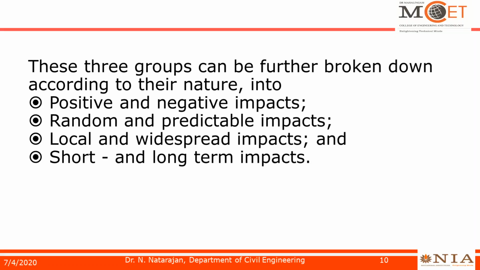For example, a chemical industry is constructed, and we may know some impacts it can cause to the environment, but it may lead to some new diseases which we may not know. Similarly, some effluents are discharged into the water. We can predict that the aquatic species will die or develop some diseases, and the water will not be drinkable or usable for any useful purpose. But it may lead to some new kind of diseases that we may not be able to predict now. So that is a random impact.